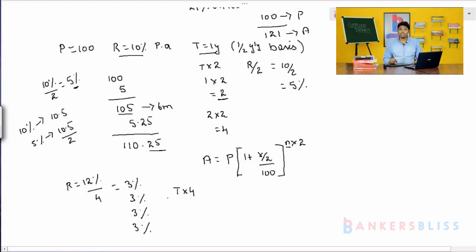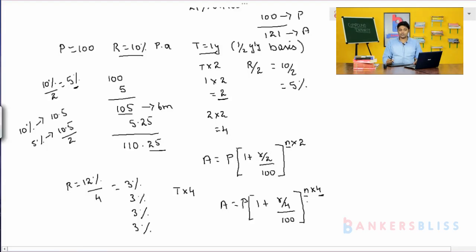If you want to use the traditional formula method to calculate, then go for this one. A is equal to principal amount, same, into 1 plus rate of interest by 4, so per quarter, divided by 100, whole power n into 4. So time period into 4 you have to do if you want to calculate quarterly. For 1 year, 4 times per year you have to calculate; for 2 years, 4 into 2, 8. Okay, so this is the methodology we have to use to calculate the compound interest